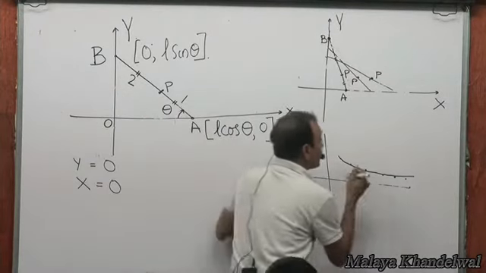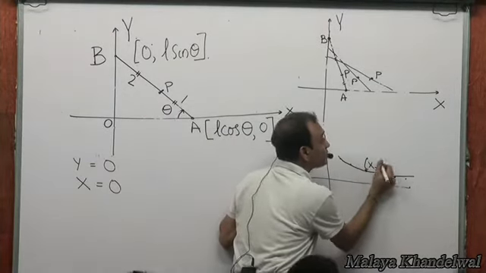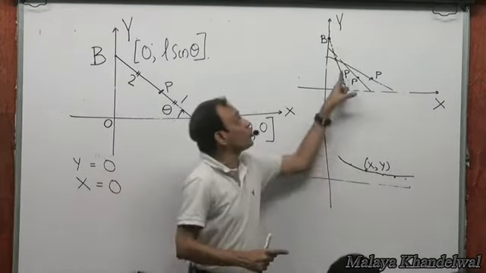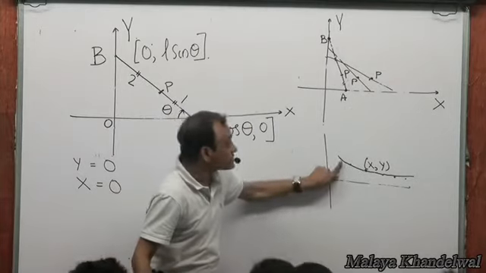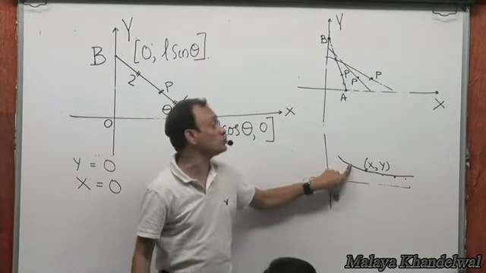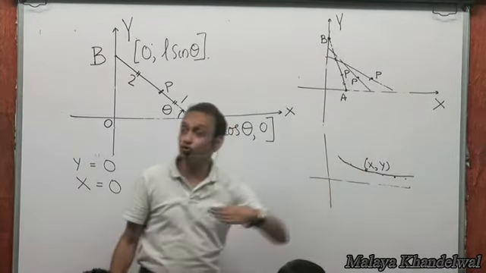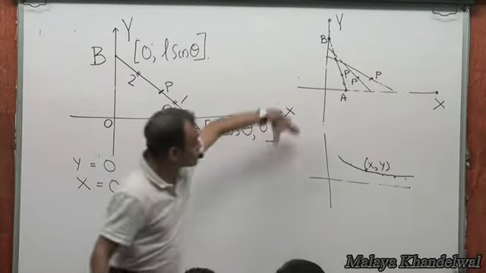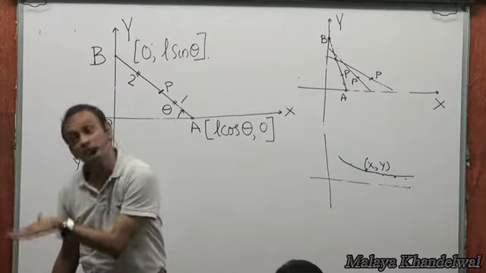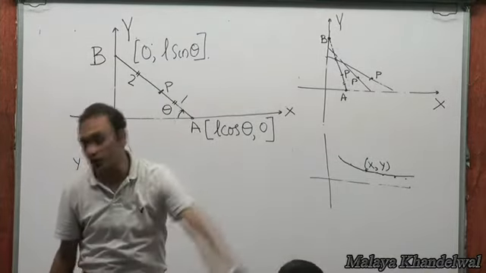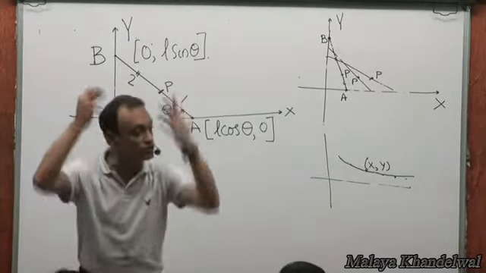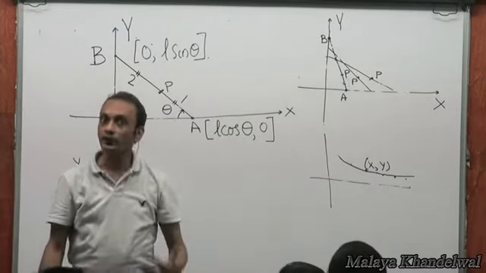P has different x and y coordinates at different instants of time. For different thetas, the x and y coordinates of P would be different. This is for some theta equal to theta 1, this position of P. This position of P could be for theta equal to theta 2, theta equal to theta 3, and so forth. Different P's are obtained. If you join all the P's continuously, you get a path associated with this moving P. P is a moving point. There is a trajectory, a path, a locus associated with this moving point. Yes or no? Yes, right?